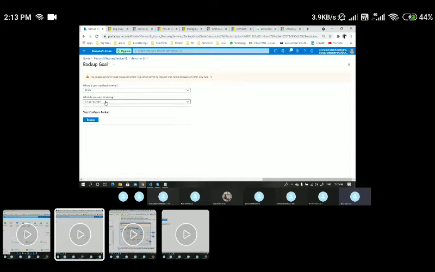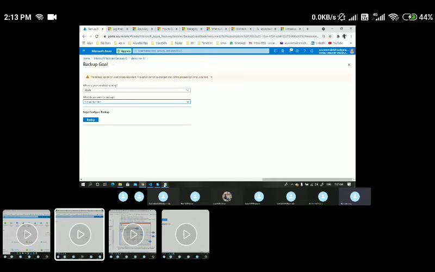Even within Azure, you can see what you want to back up. Within Azure, we can take a backup of services like virtual machines. These are the files here; we'll discuss later, it's a storage account topic we haven't discussed. We can take a SQL Server backup, which is hosted in an Azure VM, and we can take a backup of SAP HANA hosted on an Azure VM. Today our goal is taking a backup of an Azure virtual machine.